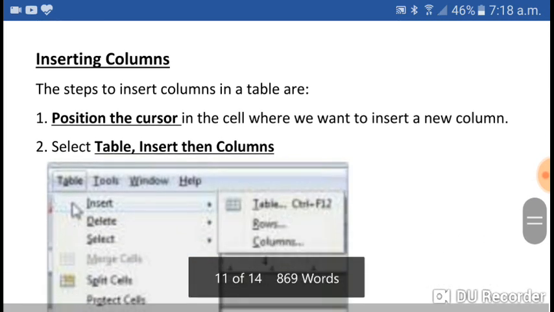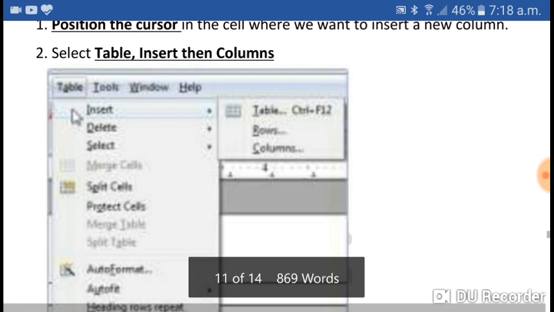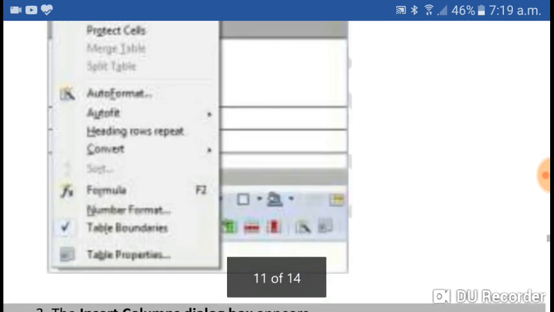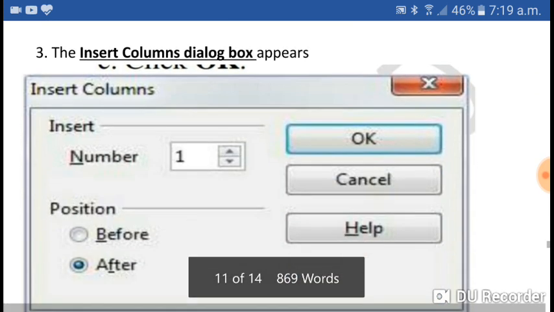Now inserting columns. Already we have seen the option, and let us discuss again. Position the cursor in the cell where we want to insert a new column. Then, you can see in the diagram also, select the table menu, then insert, and from the sub options click on the column option. Whenever you select the column option, the insert column dialog box appears.